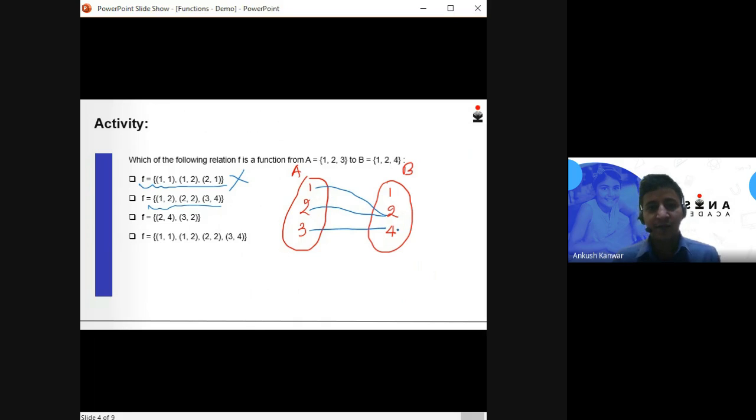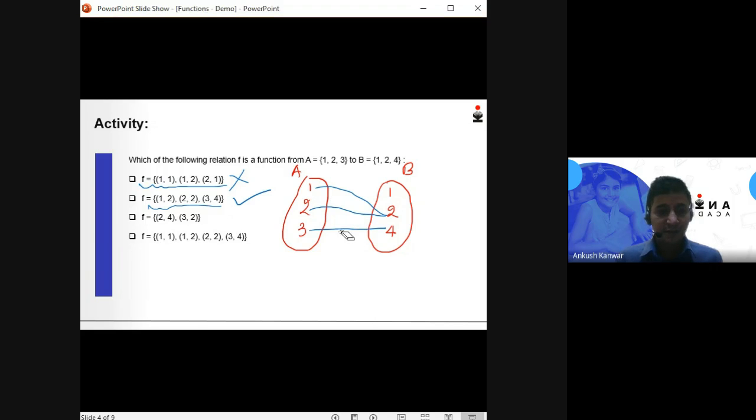So 1 has a unique image in set B. What about 2? 2 is also linked to 2, so 2 also has a unique image in set B. Similarly, 3 also has a unique image in set B. So all the elements of set A are uniquely linked to elements of set B, or you can say all the elements of set A have a unique image in set B. Then we can clearly say that, according to the second option, this relation F is a function.